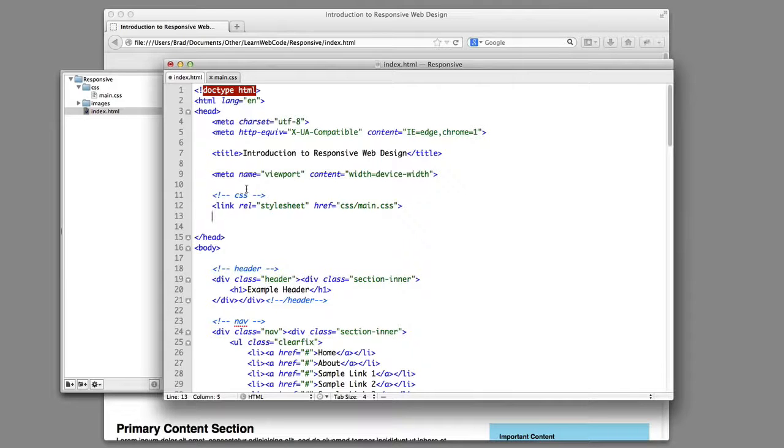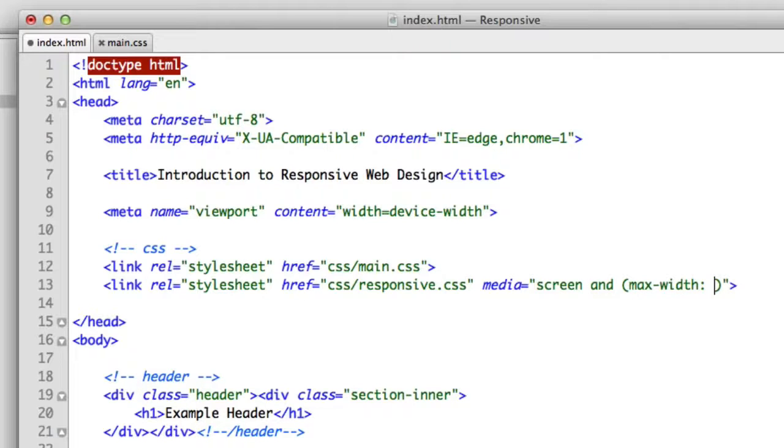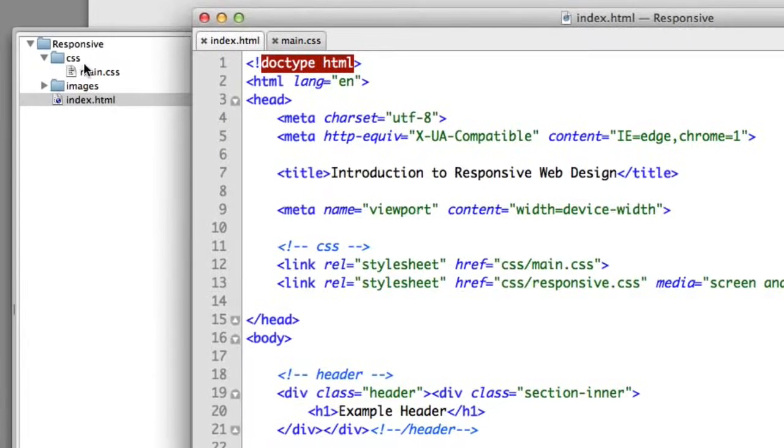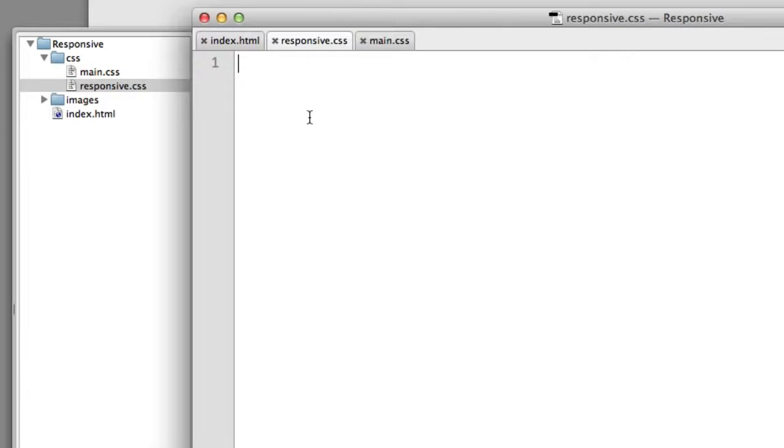So, let's write our first line of code. In the head section of our website, we want to include a different style sheet at the appropriate time. We'll name this new file responsive CSS, and media equals screen, and we'll give it a max width of 900 pixels. So let's go ahead and create this new file. In our CSS folder, new file, responsive CSS. Okay, and let's just say color